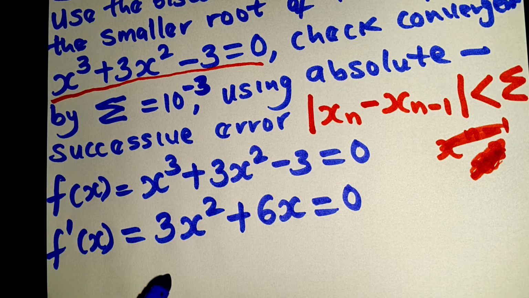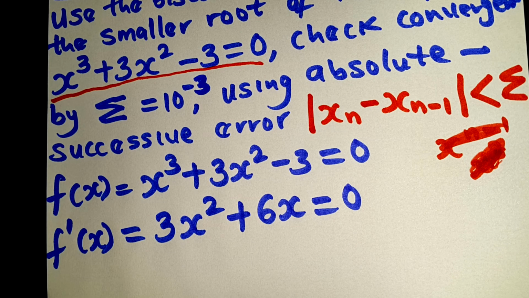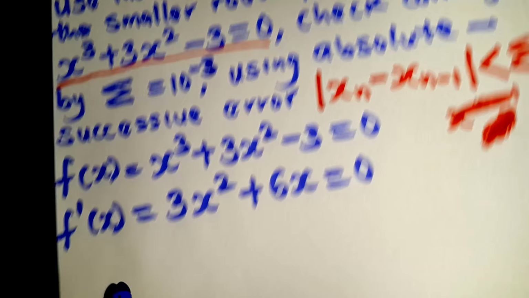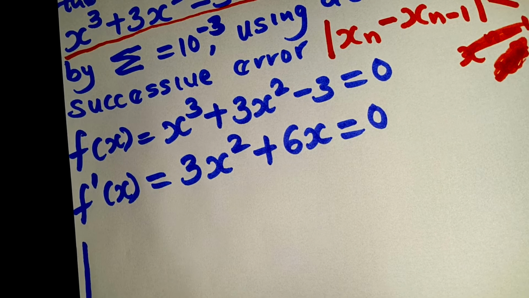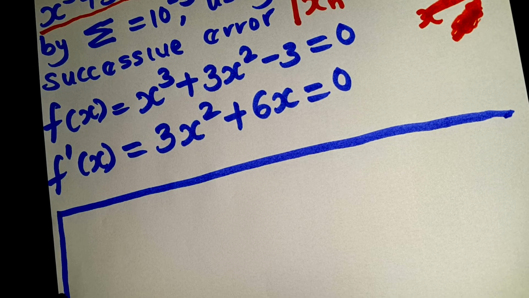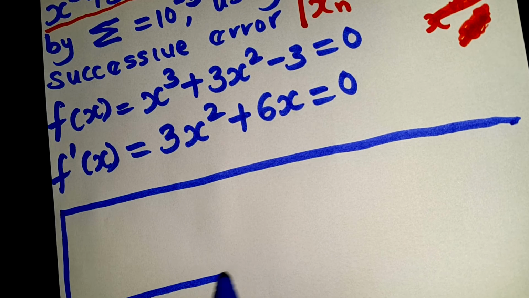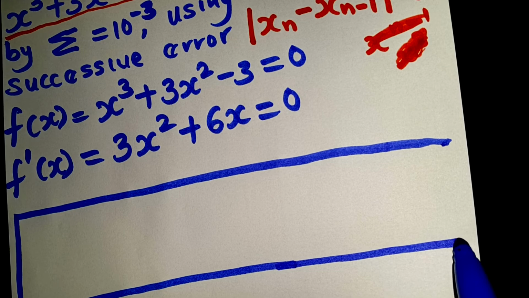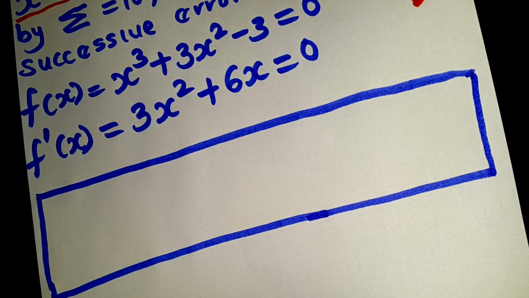So after taking the derivative, the next step is to construct a table. And what are we doing with the table? What we are trying to do is to find the smaller root. We need to find the smaller root, but you will understand what I mean by that. Let's construct the table. There's the table. This is the table, and